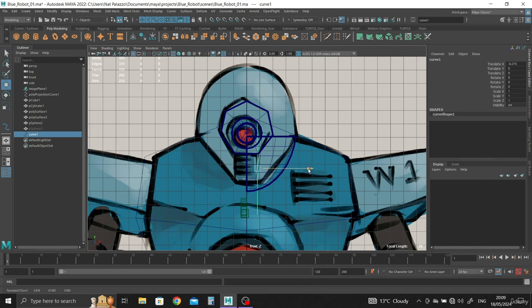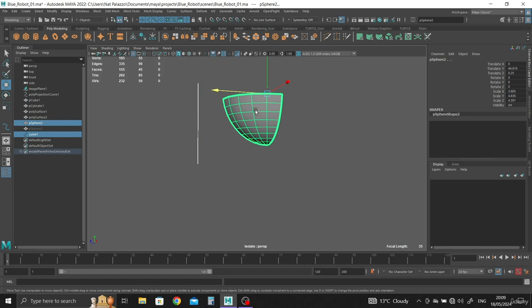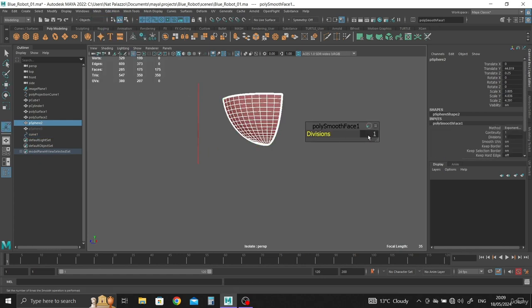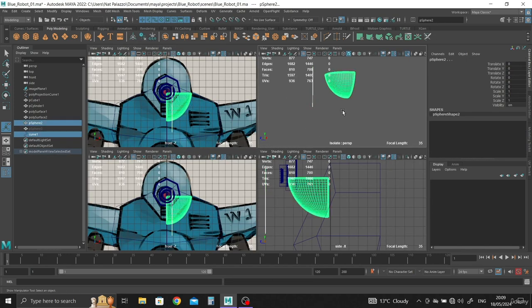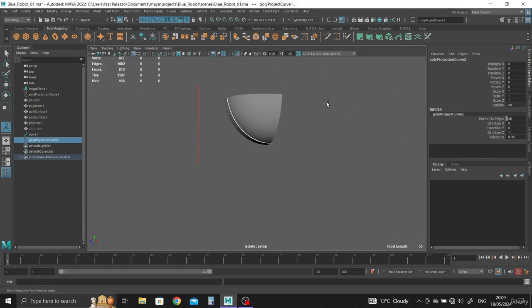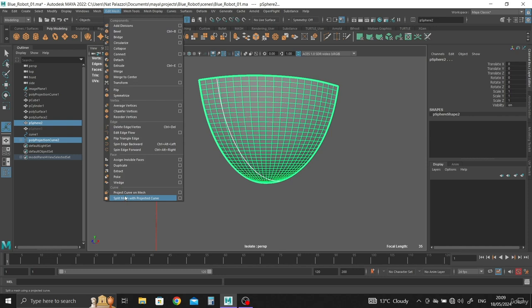Let's line it up to about here, bring it forward, grab these two pieces, boom. Now again here, smooth, let's say 2. Project curve on mesh, split mesh,